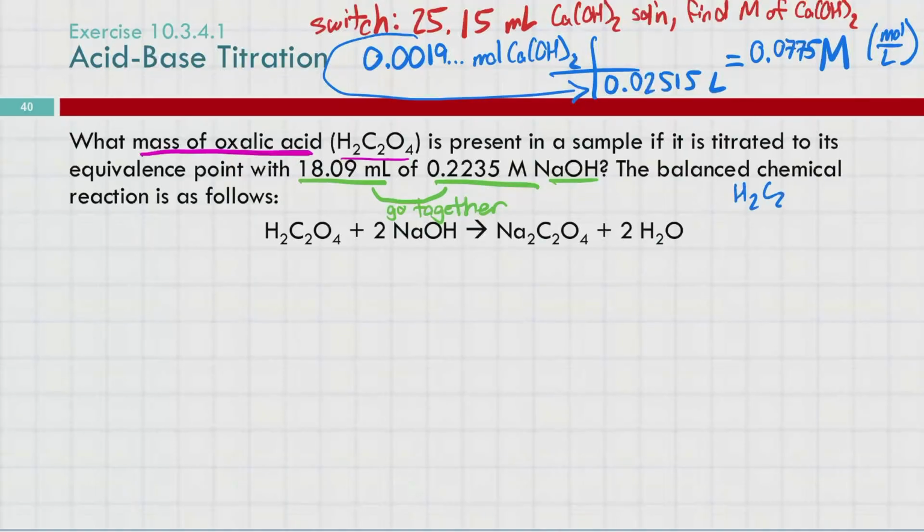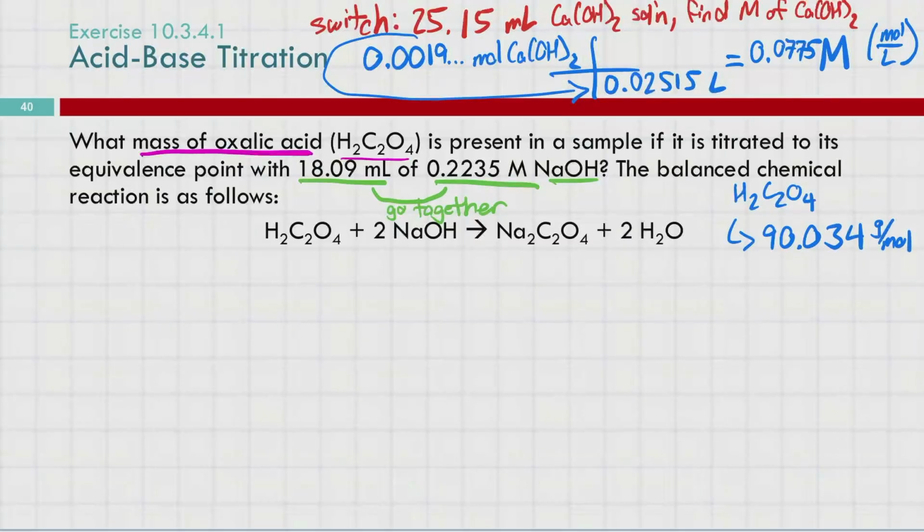Since we're being asked to find mass, I think it's reasonable that we see a chemical formula and mass, and we come up with a molar mass. So 2 times 1.008 plus 2 times 12.011, and 4 oxygens. Oxalic acid has a molar mass of 90.034